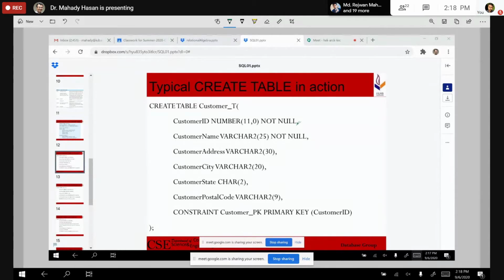Instead of saying not null, we can simply say primary key. We can keep it here. This is possible. We can simply mention primary key on the name beside the column. Okay.